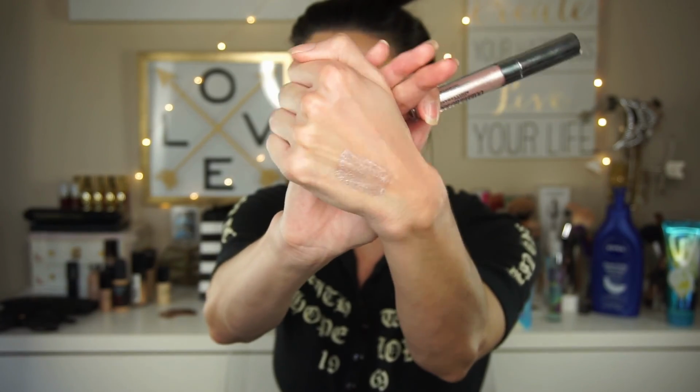This is in the shade Gilded Rose, and I just saw it sitting there all so pretty. I know a lot more brands are starting to come out with these, for your eyelid, like a base, or it could be your lid color. I was intrigued by it, and I gotta say, this was like 10 to 12 bucks if I'm not mistaken. Honestly, it looks pretty here, reflective and shiny and nice,